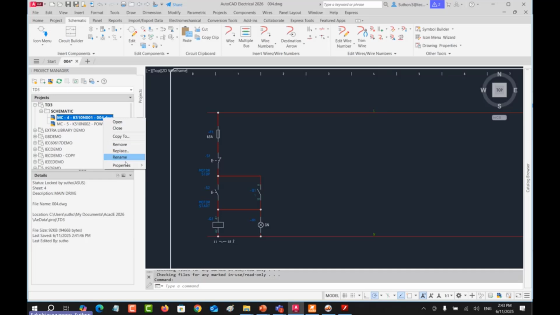This one, I want to change the name as well. I use the rename and change it to control. Can you guess? Once I change this name of the drawing in this project manager, do you guess whether it changed on the hard disk or not?